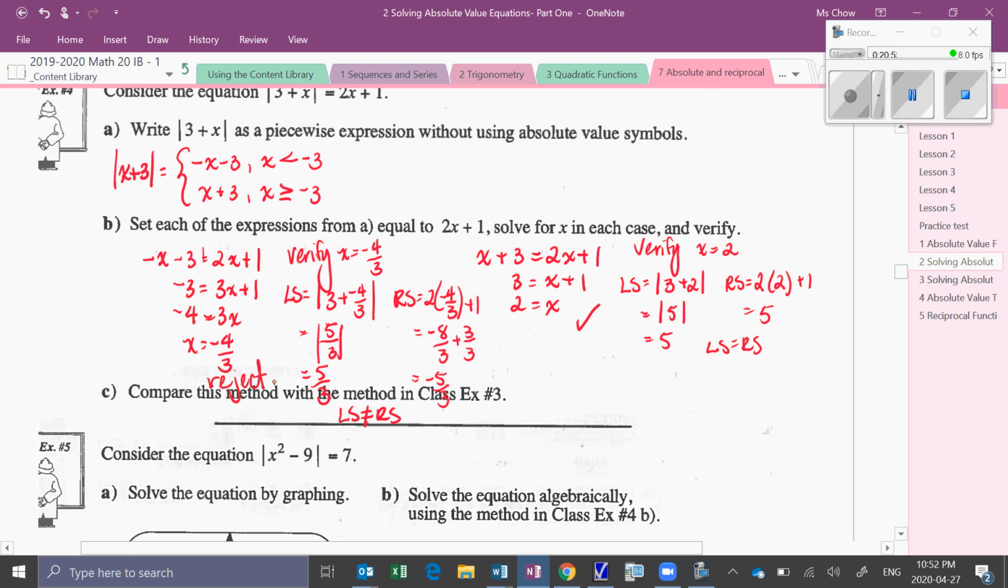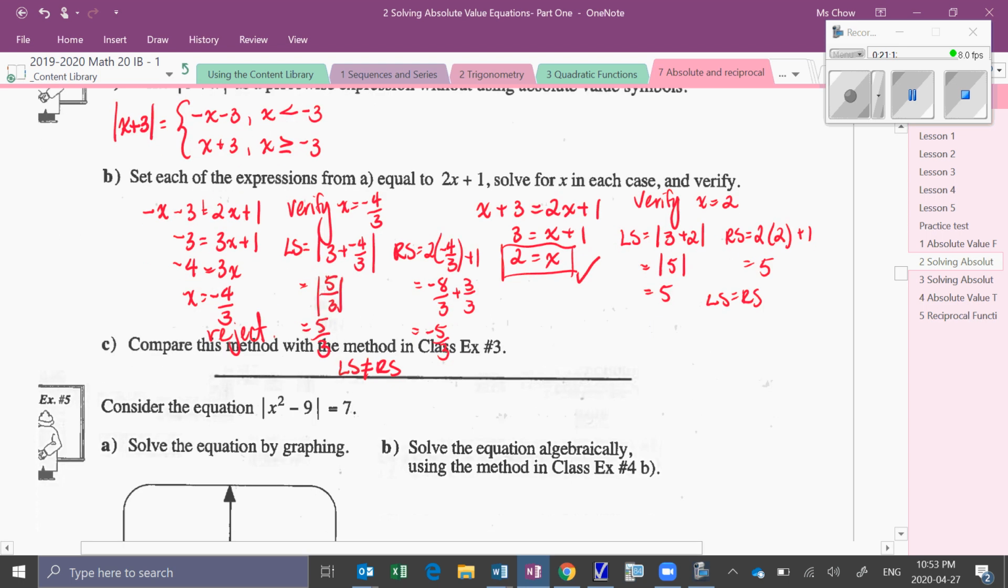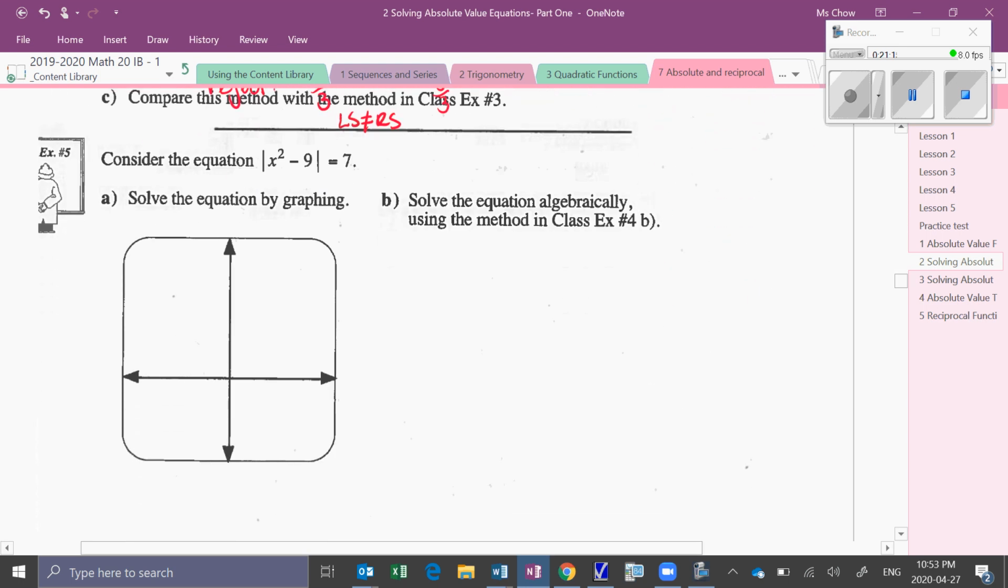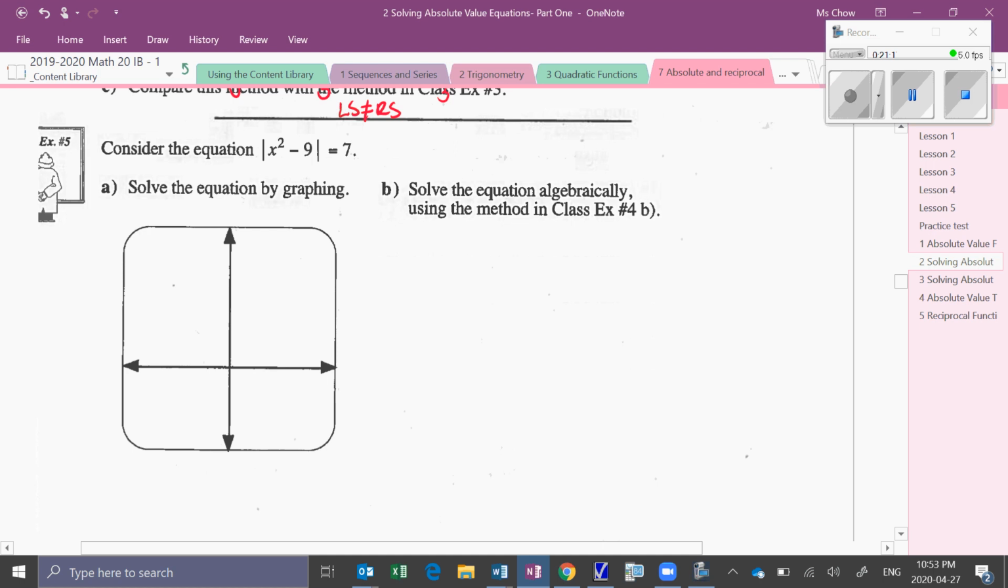Okay, so comparing this method, obviously we're getting the same answer, which is the solution that x is equal to 2, but it's just a little bit longer because we have to do a full, complete left side, right side verification on these. Okay, so in this particular case, for class example number 5, we're looking at the absolute value